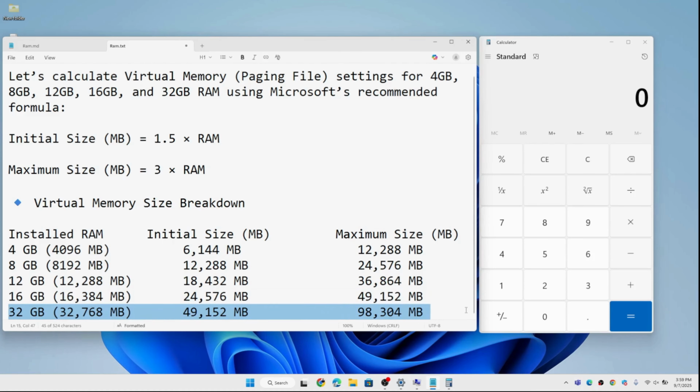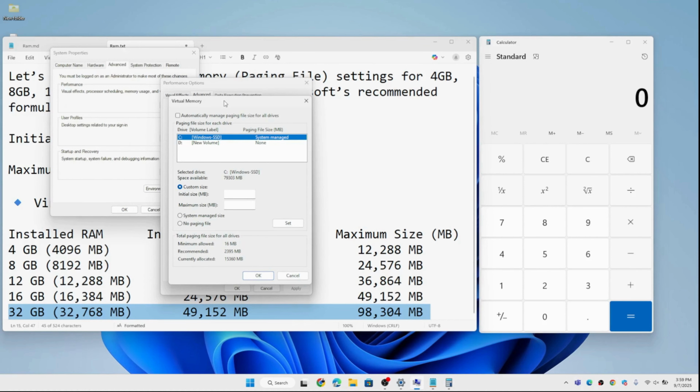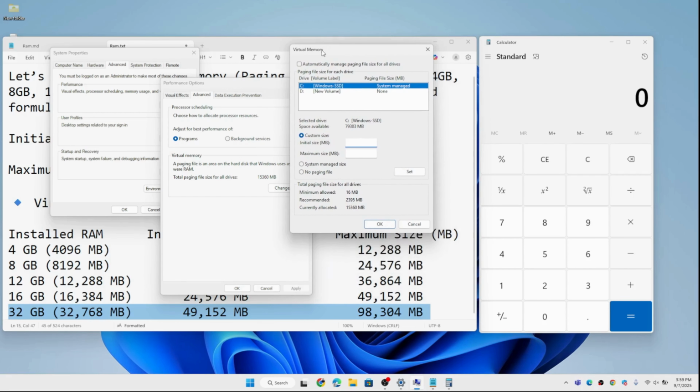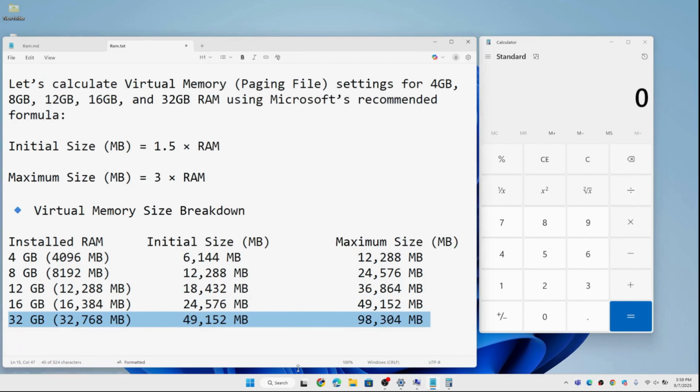If you have 32 GB, you need to calculate like this. Make sure you multiply the initial size as 1.5 times RAM and the maximum size as 3 times RAM. Whatever size your RAM is, multiply it as per the Microsoft recommended formula. So let's take the example of mine, 12 GB RAM. The number we need to input is